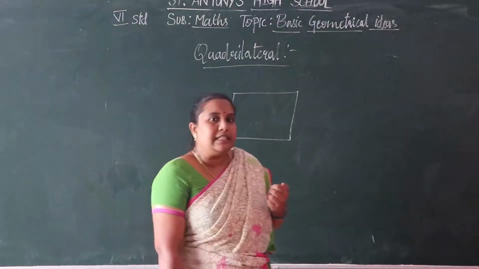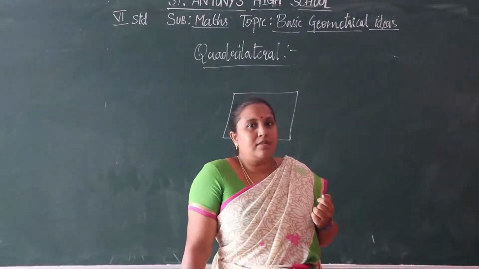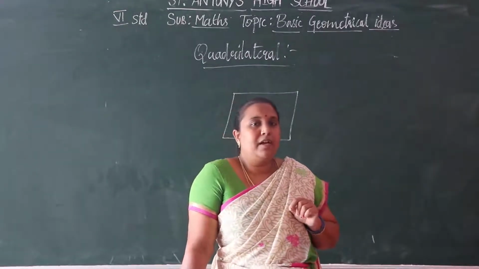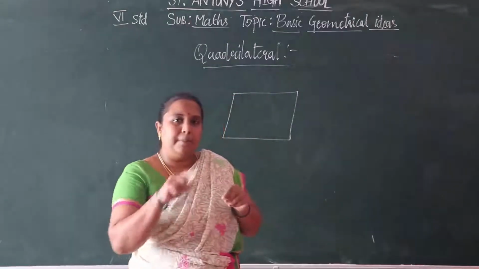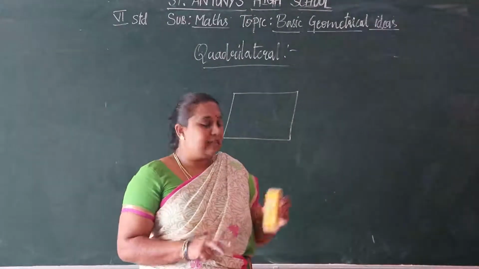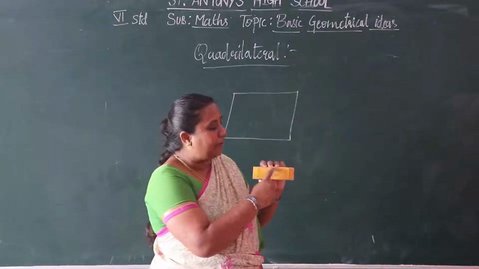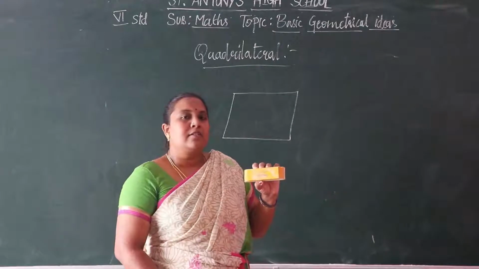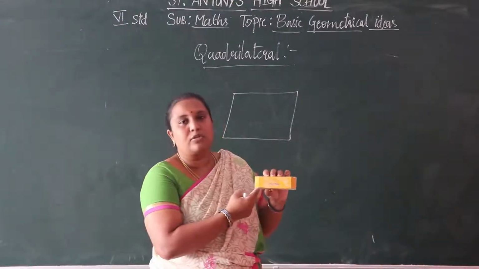See, we can see the boxes. You have a geometrical box. The geometrical box is in the shape of a cuboid, but the upper case of the geometrical box is a rectangle. Now let us take the duster. See here the shape of this side of the duster. We have a rectangle. One side, second side, third side, and fourth side.